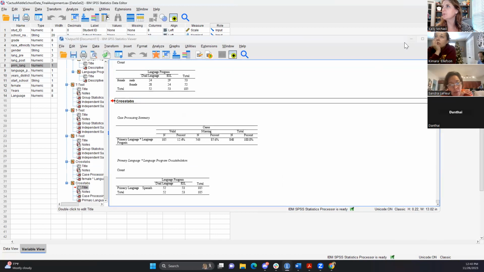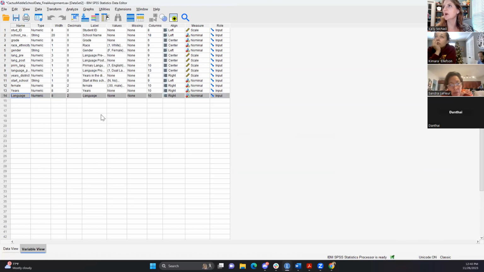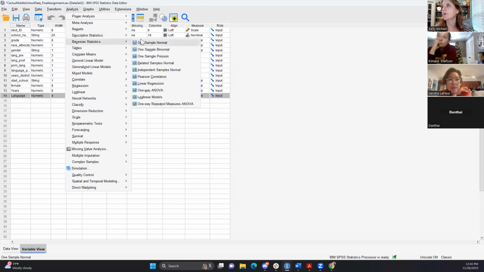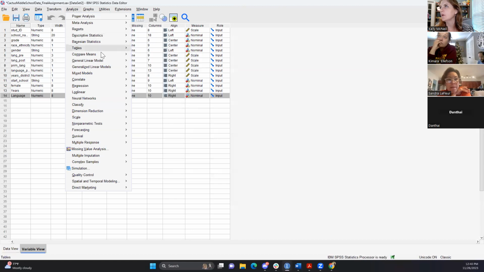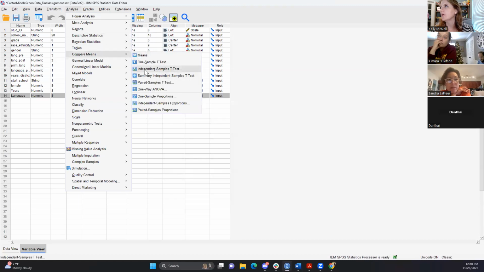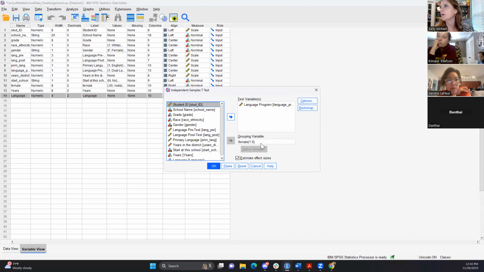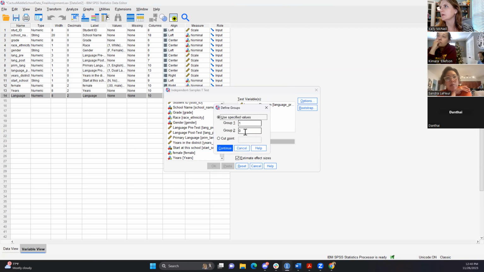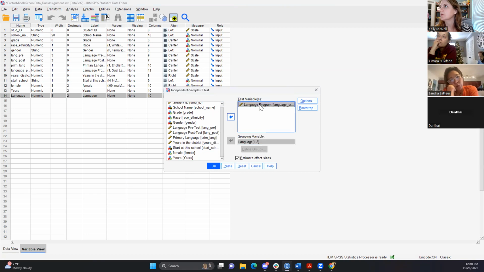So then if we want to do this now, we want to run a t-test, right? An independent t-test. And our grouping variable is going to be this. And the test is, wait, the test up there is post.